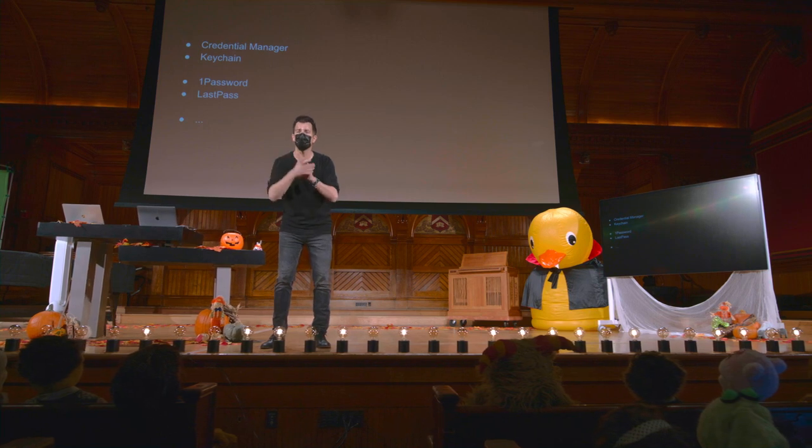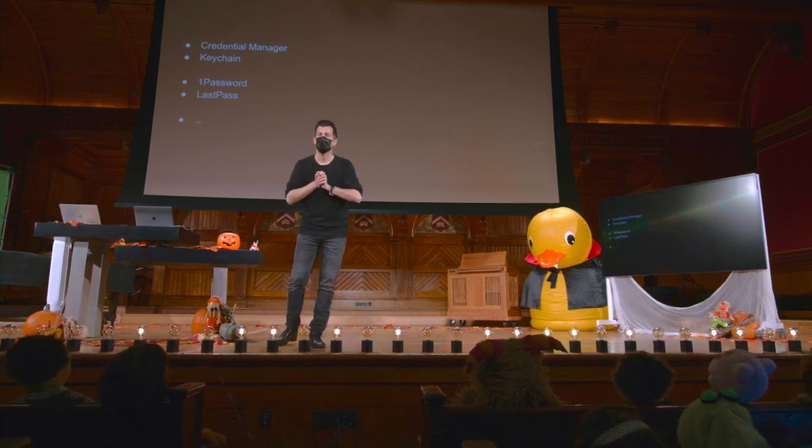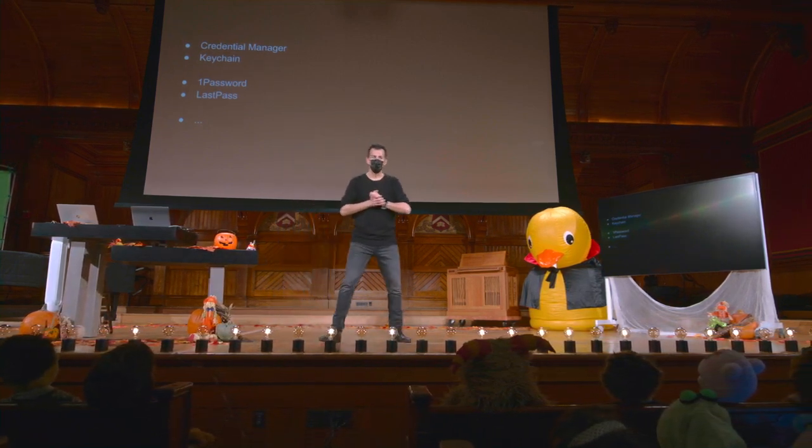Other concerns? That's maybe the biggest threat. I mean, you're kind of putting all of your proverbial eggs in the same basket. If someone now gets into my password manager, which I should stipulate is supposed to itself have a really big, long password that I do have to remember, but only one such long password, I mean, then I'm really out of luck. Now, every single account I own is compromised, except for those that at least have two-factor, unless the adversary also steals my phone or my key fob. Other concerns?